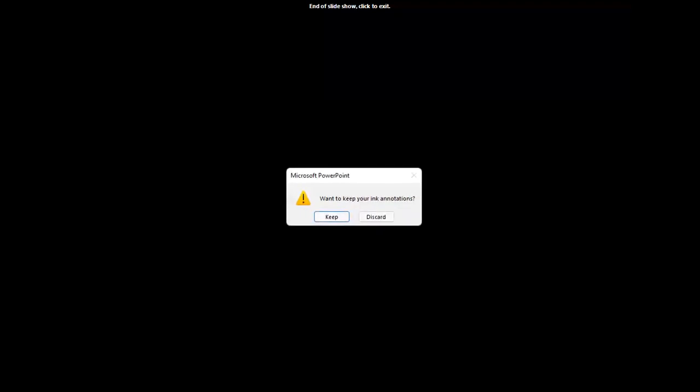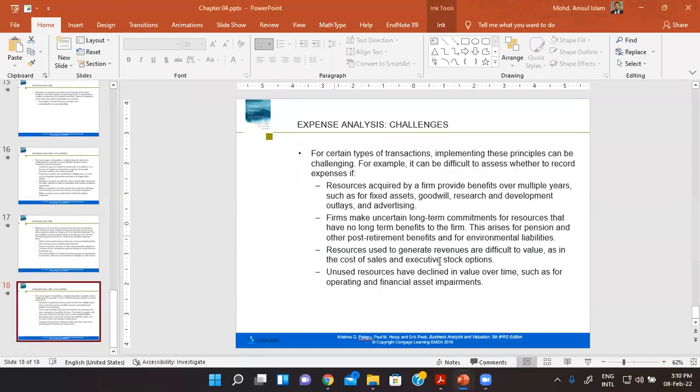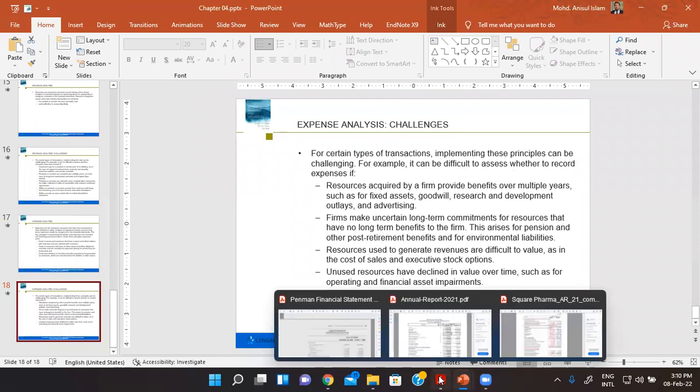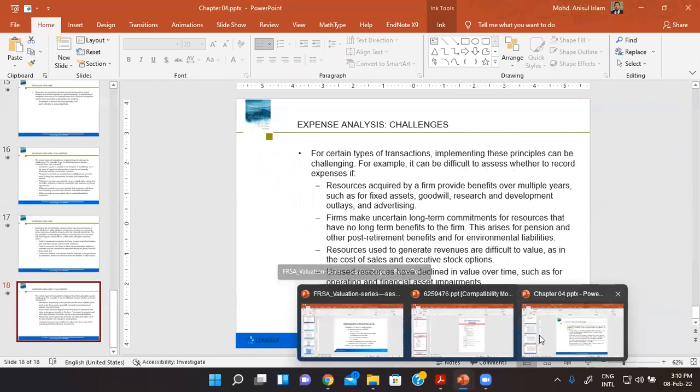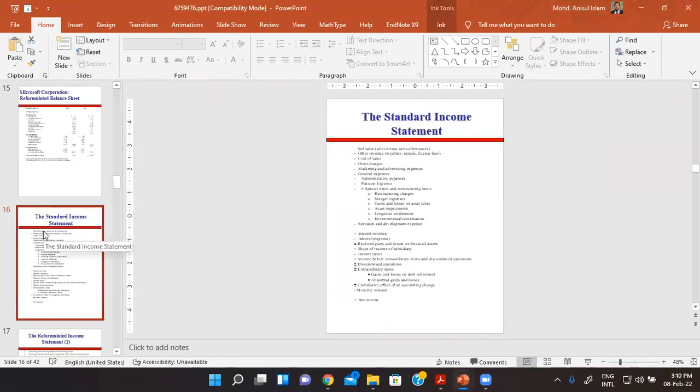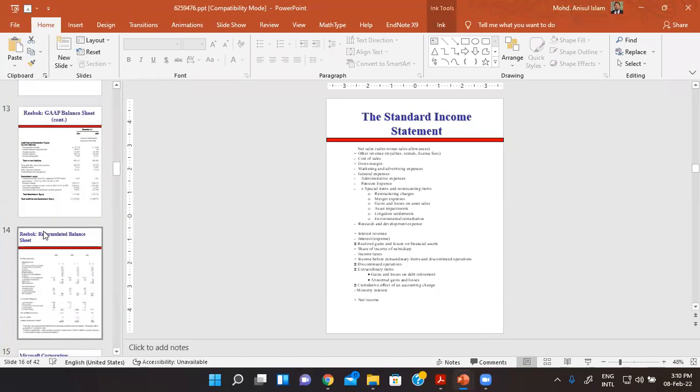You will find more details about revenue analysis and expense analysis in the text Business Analysis and Valuation by Palepu, in the 2nd edition, not the 5th edition. The 5th edition has skipped this part of revenue analysis and expense analysis. So right now,